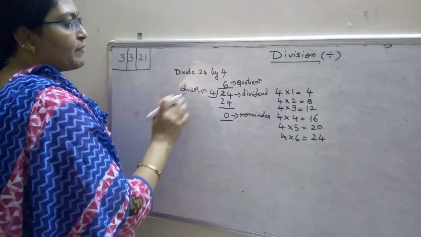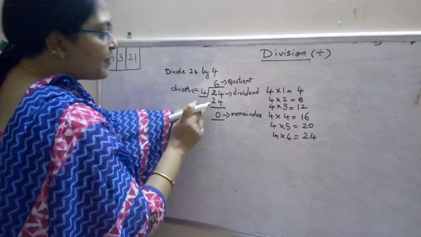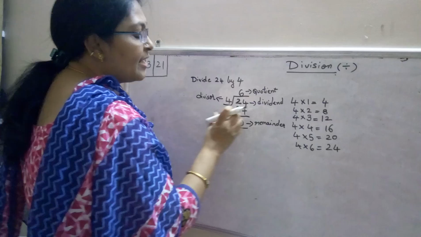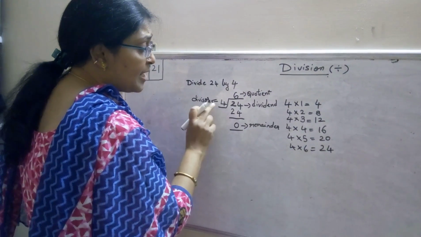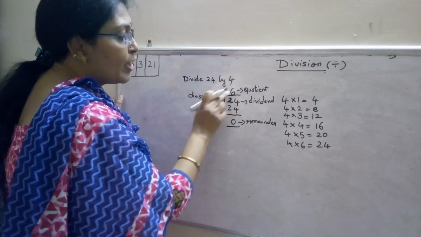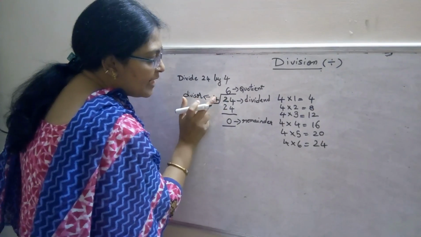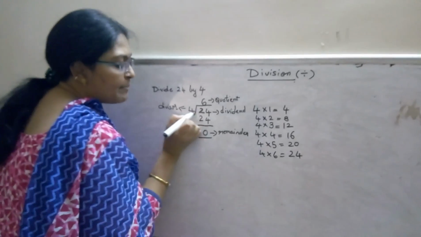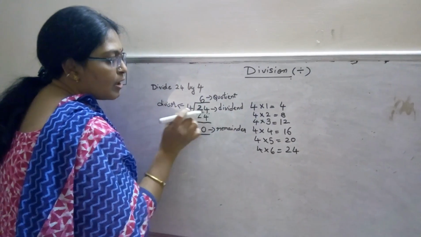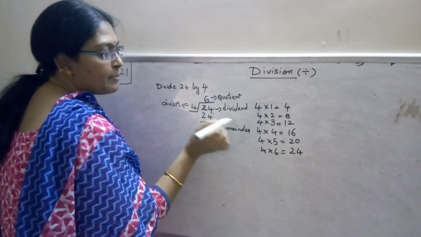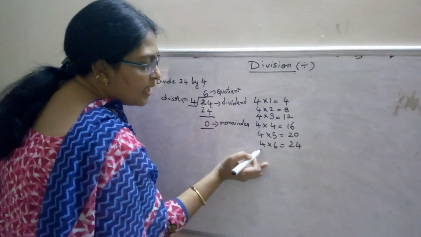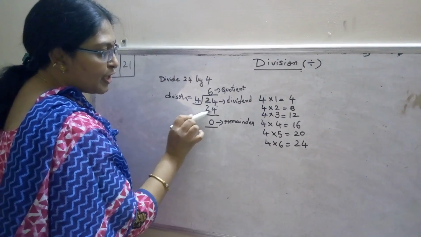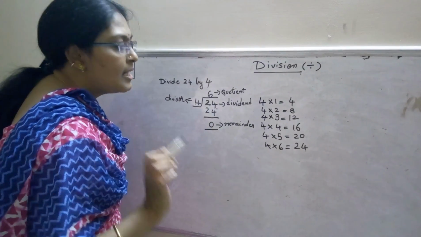Whenever the question is given like this, you have to write it first in this form and then see in which multiplication table of 4 you are going to get this number. So you have to always start from the tens place. If this number is lesser than this number, you have to use 2 numbers. So do the multiplication for both the numbers. When you have written the table, you will know where you will get 24. Write this 6 here. 4 6s are 24. You are going to write here. Whatever you get will be the remainder.